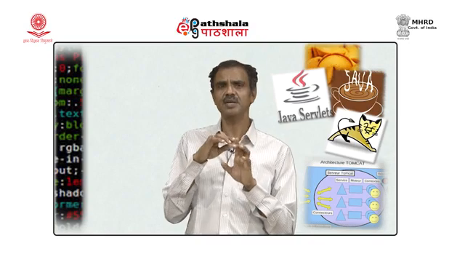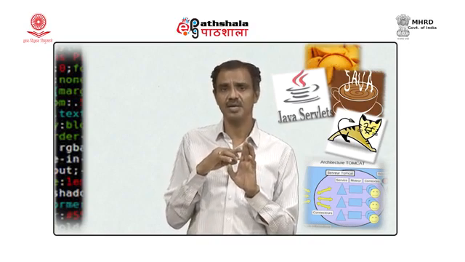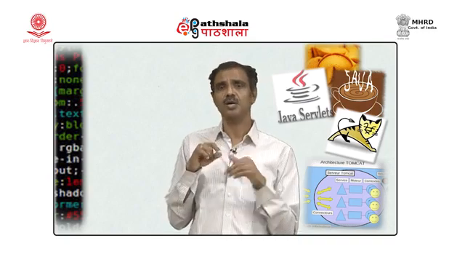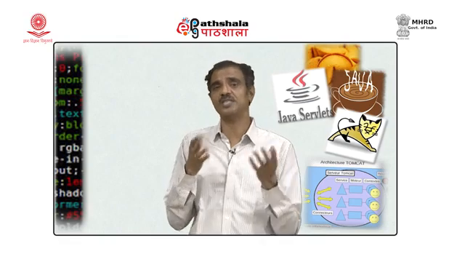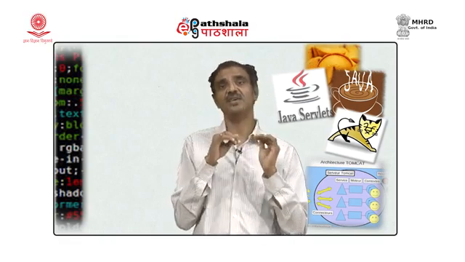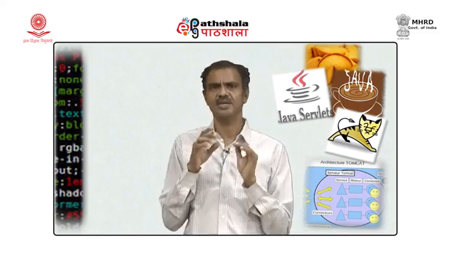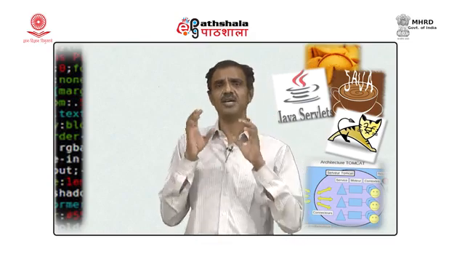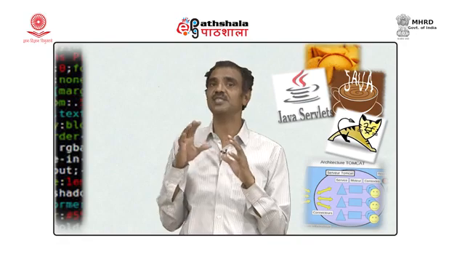It can return SKIP_BODY, or EVAL_BODY_INCLUDE. If it returns EVAL_BODY_INCLUDE, it is just like the iteration tag. But if doStartTag returns EVAL_BODY_BUFFERED, a constant which is there in the body tag,